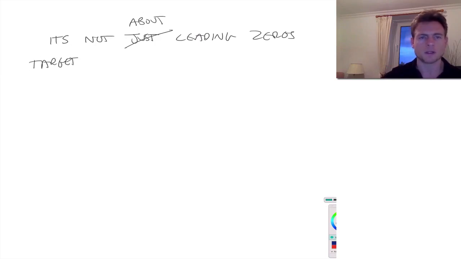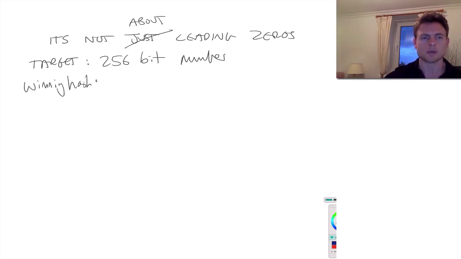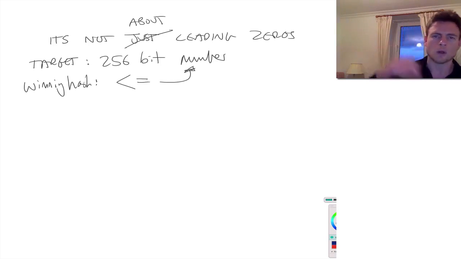The target, and this changes roughly every 2 weeks, is a 256-bit number, and the winning hash, the valid block hash that a miner produces, is basically less than or equal to that number. So that's the myth that I'm trying to dispel here, and I'm going to go into more detail now about what the difference is between difficulty,